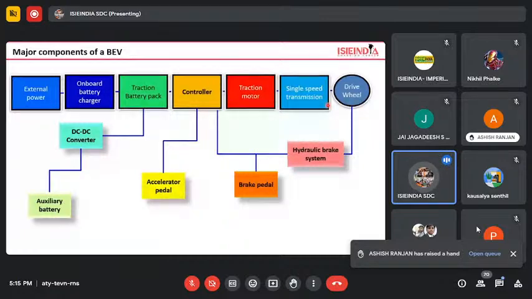So we use a permanent reduction mechanism, because we are not changing the gear ratio in the electric vehicle like our conventional vehicle, first gear, second gear, third gear. So we are using a single speed reduction gear. Then it is directly connected to the drive wheel through the differential. So that is the entire